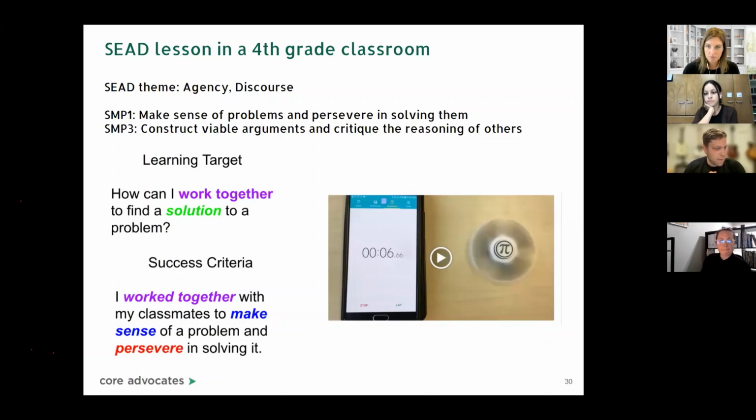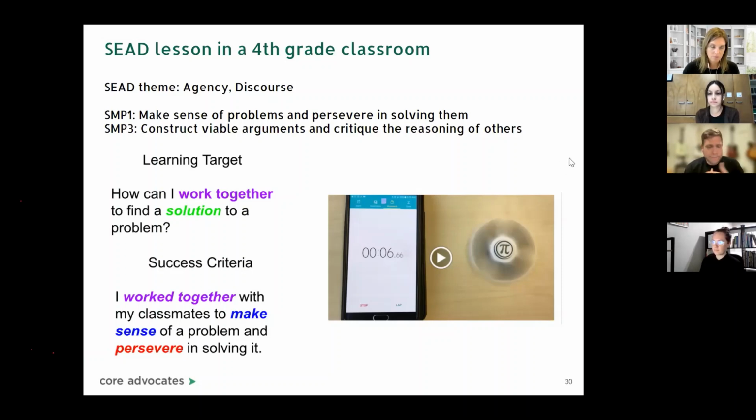The lesson itself was adapted from a 3-act math task I got from Graham Fletcher. And essentially, you can see the little picture. There's a fidget spinner that he starts, and then he starts the little timer, and then the video stops. If you're familiar with 3-act math tasks, they are fantastic for agency because they do not really tell the kids what to do. They pose a question and make a wondering, and then students need to ask the right questions to get the information to solve the problem. So when I was thinking about agency, I thought this would be a great type of lesson.